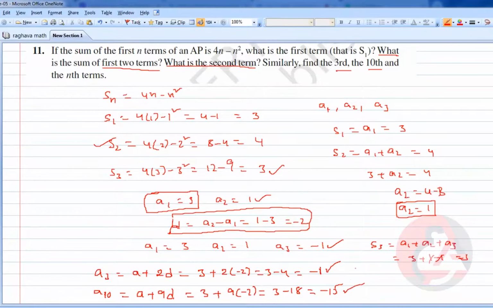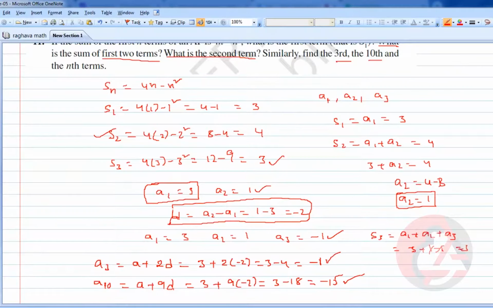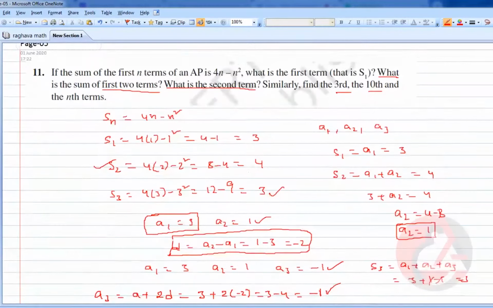So for anything, whatever the data in any format, if they are giving, our main goal is to find out the A and D values, then you will be able to solve any kind of unknown things related to this question. So here they gave the Sn in the form of an expression. That means if you put a particular n value, you will get the particular sum of the n terms. Suppose I take n equal to 3, you will get the addition of the first 3 terms.